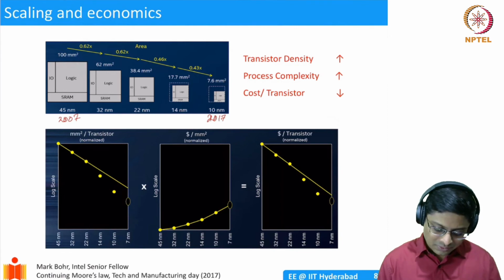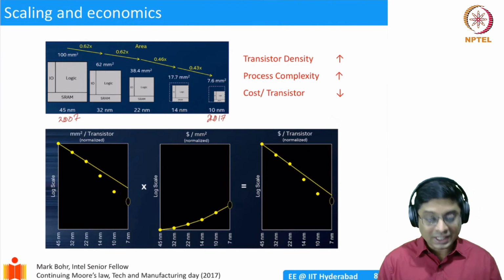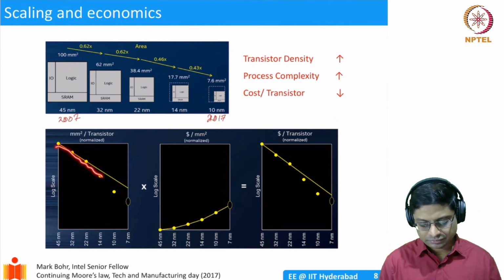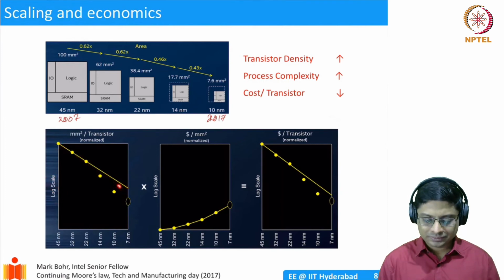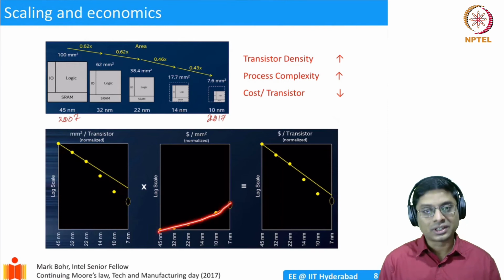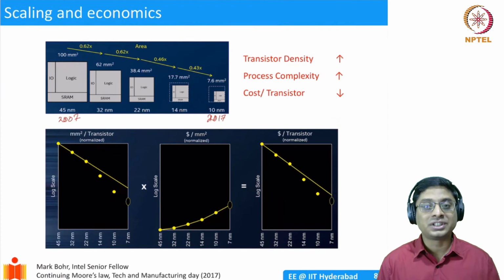So this is the evolution from the last 10 years or so. You see that the area per transistor has reduced. This is a log scale, so the area per transistor has reduced exponentially. And process cost also has increased exponentially. Okay? Because if you want to go from, let's say, 45 to 32 nanometers, we have to invent a lot of tools, a lot of material processing, equipment, everything has to be invented and developed so that we achieve this, right? So a lot of cost is involved.